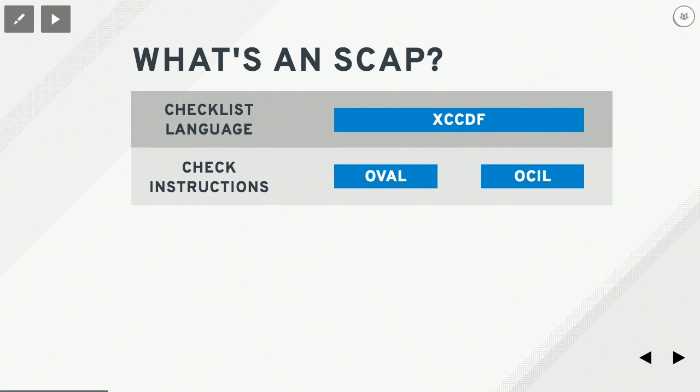Oh, now too far. So XCCDF contains the configuration checklist that you've got, and that can be rendered, as Sean will show later, in HTML using any style sheet you'd like, right? Some style sheets are prettier than others. The Red Hat one looks pretty good, I think. And then, of course, in the XCCDF, each rule that specifies what you're actually trying to look for in your compliance baseline can refer to either an OVAL